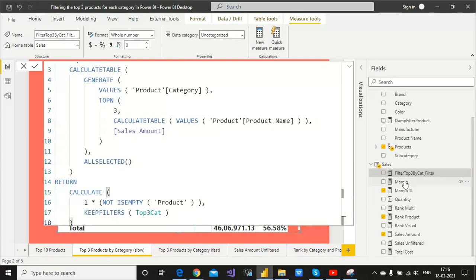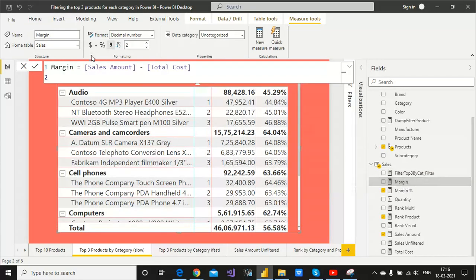Okay, then come to the margin part. Margin means sales amount minus total cost. Margin is total sales in a year minus how much cost is involved: maybe sales cost, manufacturing cost, material cost, labor cost, equipment cost, repairing cost.